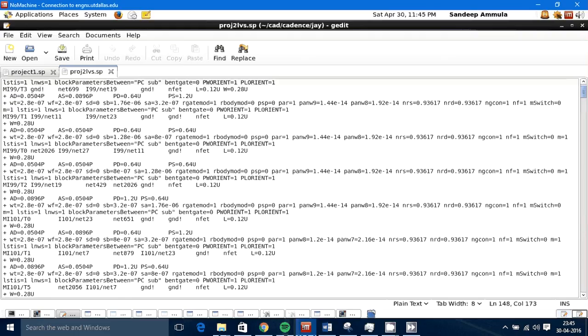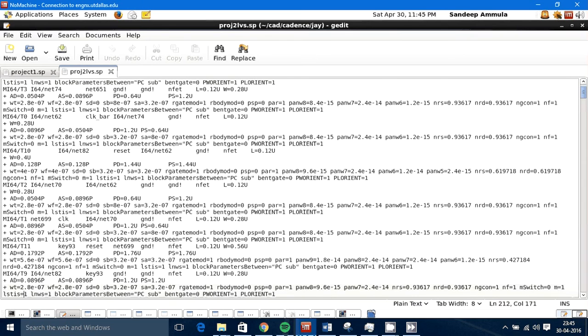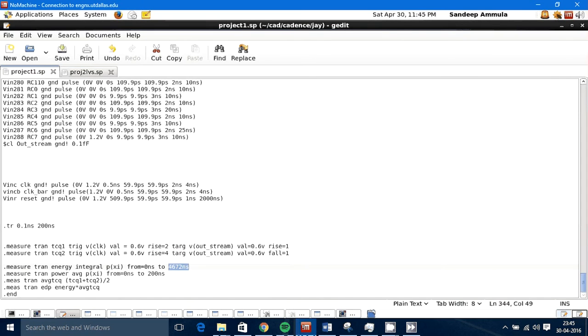And on the screen, wherever the widths you are seeing, those are 0.28 microns, which is the least size in our 130 nanometer technology. And on the left side you can see this is our simulation spice file, and clearly you can see the highlighted count 4672 nanoseconds, which depicts that my simulation has run up to 4672 nanoseconds. Before that I have to determine the clock period.